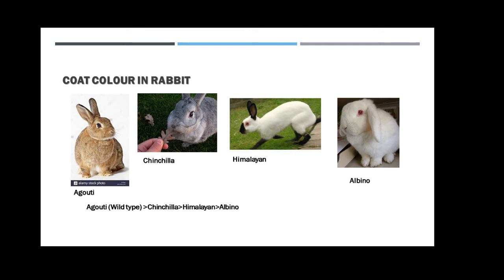Albinos are mainly seen in temperate places, the Himalayas, or nearby Kashmir. As the temperature is very low, their color is, as we know, all the organisms there are mostly seen in white color, and rabbits also express the same color. And when we studied the genetic expression of them, we found that agouti is the most wild type color, which is more dominant than chinchilla or Himalayan or albino varieties.